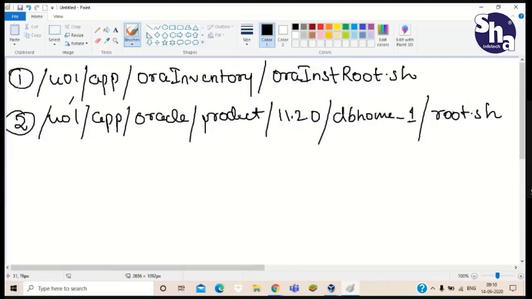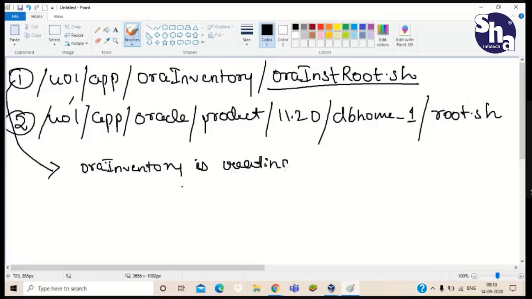So let us get to the first one. Now in orainstRoot.sh, we are running this script because you have seen that previously our Aura inventory file, the directory, was being created.